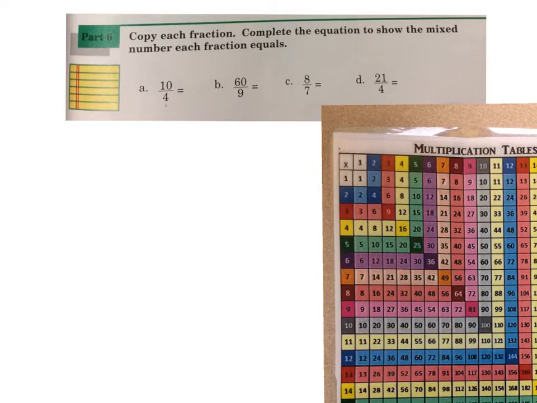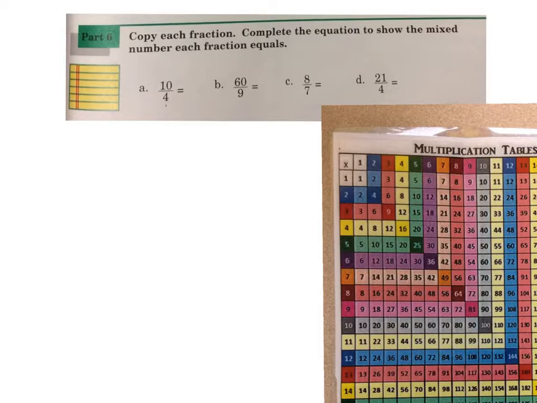Okay, so I've added the multiplication table to the screen, and what we're going to be doing is we have to figure out how many times 4 can get into 10. So I'm going to go to my 4 column, and I'm going to see how close I can get to 10 without going over. So as I'm looking here, okay, 12 is too much, so I'm going to back it up. So that means that the highest I can go is 8, so that means that 4 can go in 2